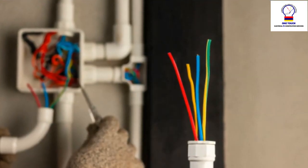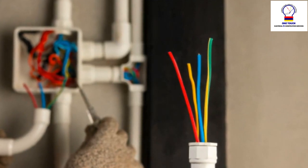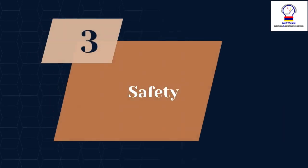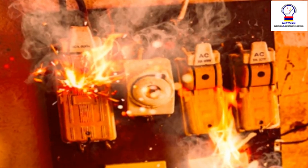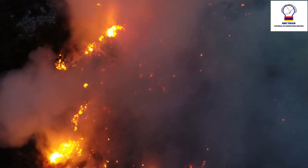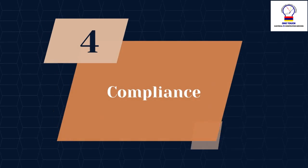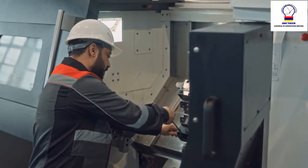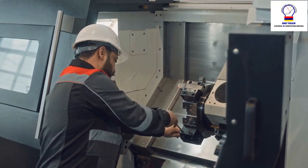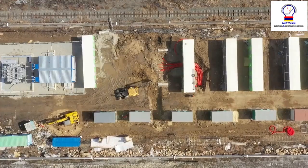They help organize and bundle wires, making it easier to manage and maintain electrical systems. 3. Safety. Conduits reduce the risk of electrical fires and accidents by containing and isolating wires from potential hazards. 4. Compliance. In many building codes and regulations, using conduits is mandatory for certain types of electrical installations to ensure